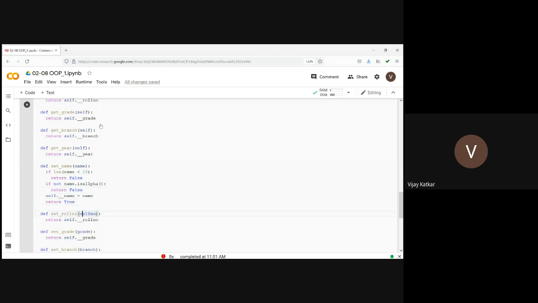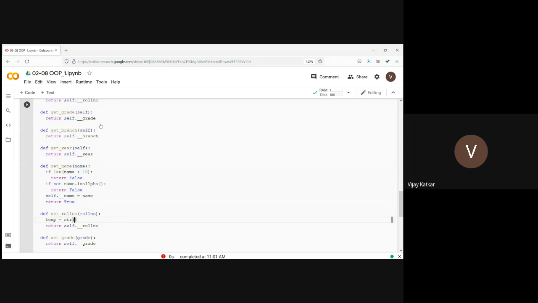Similarly for roll number, let's say roll number is a string and the minimum length should be 7 digits. So what we can do, let's say temp is equal to str of roll number.